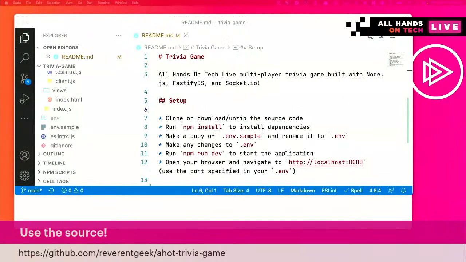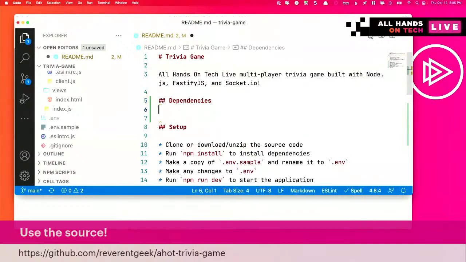Go get the source code, download it, and as a matter of fact, I've got up on the screen one thing I did since the last time we met was I updated the README that's associated with the project, giving you some instructions. So if you want to run this locally, one thing I didn't put in here,